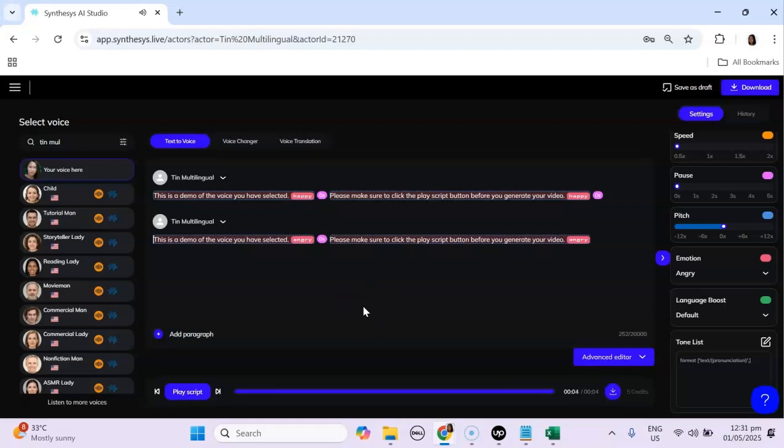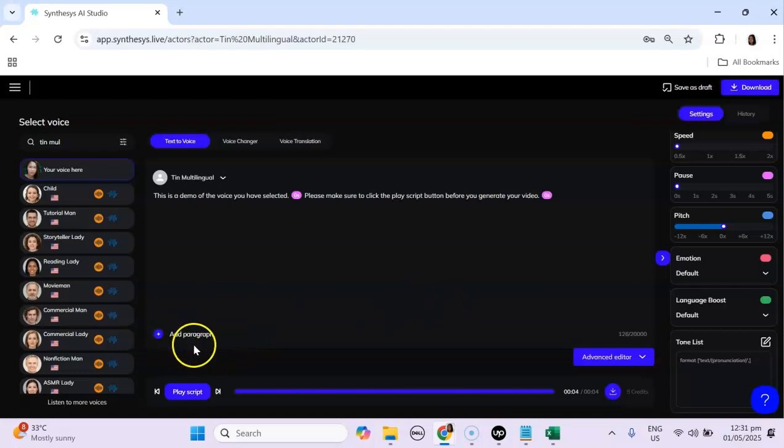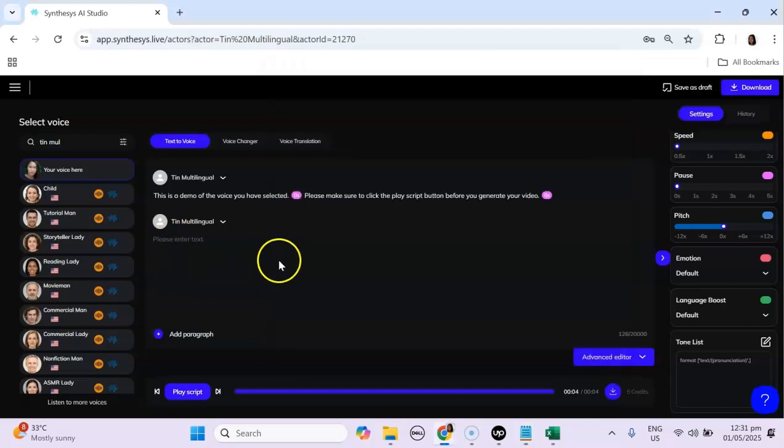Okay, so that's it. Now let's try the language boost, which is one of the exciting features of this multilingual voice cloning. So I do have here an English script, and I am going to add another one using French language